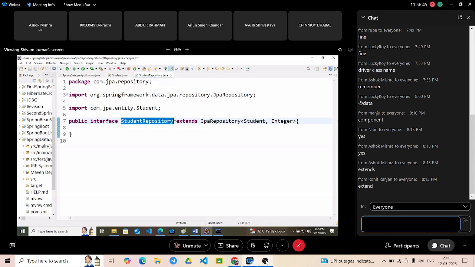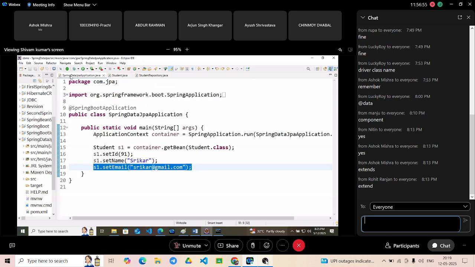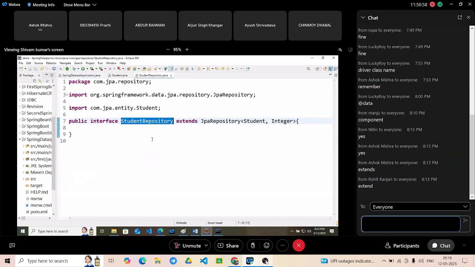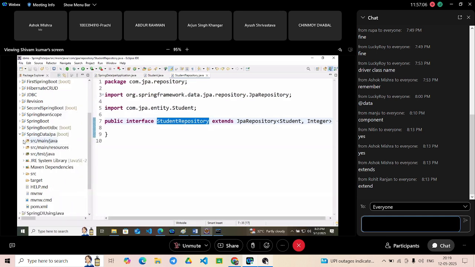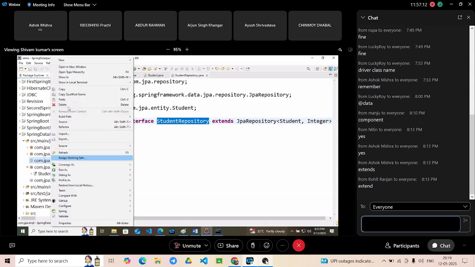By using their implemented class, right? I asked you this question already. That's why I see how I'm getting the answer for this question. Now we need one implemented class for this student repository interface. That is why I have already created the package for it. That is the IMPL package. Now in this package, I will create